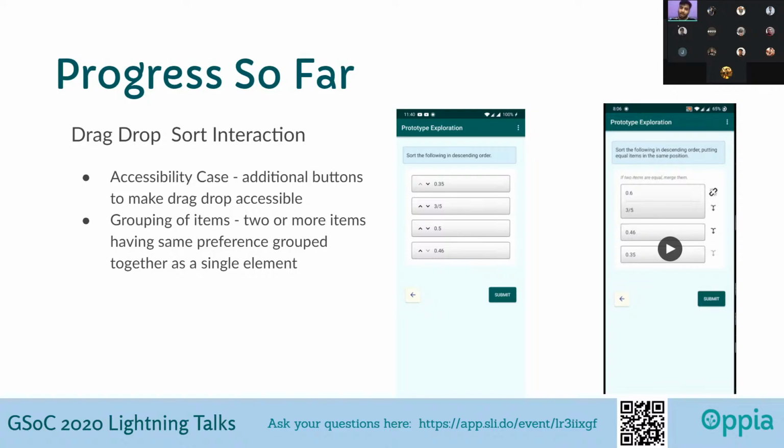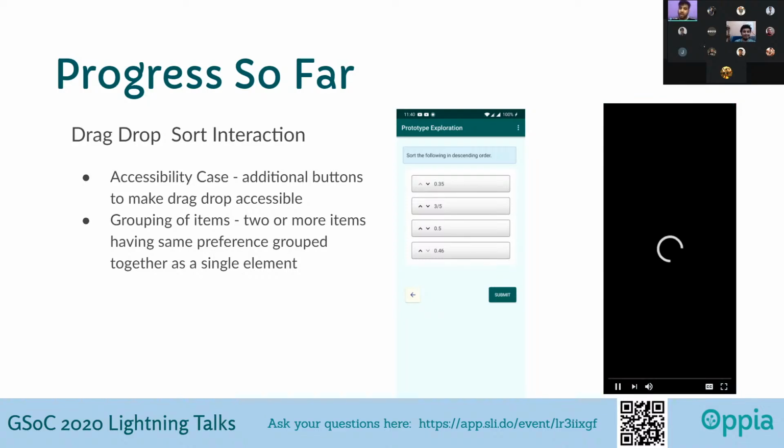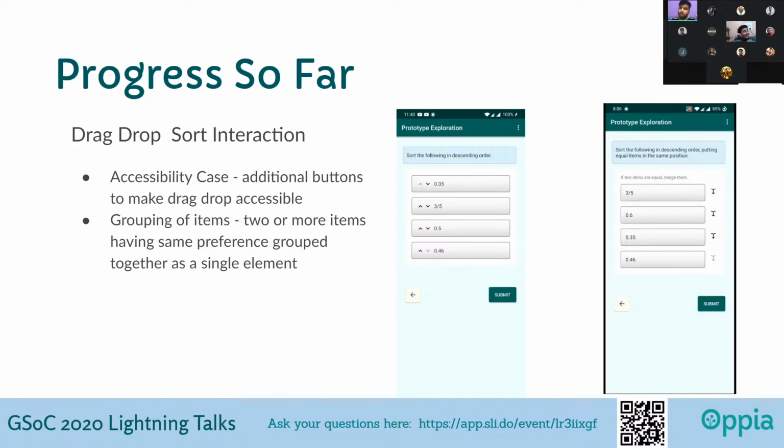We didn't know how to actually do that in the first run. So we had to come up with something different for Android, because that interaction was not very intuitive on the web platform, and if we did the same on Android, it would be more difficult. So for that we came up with a new design.